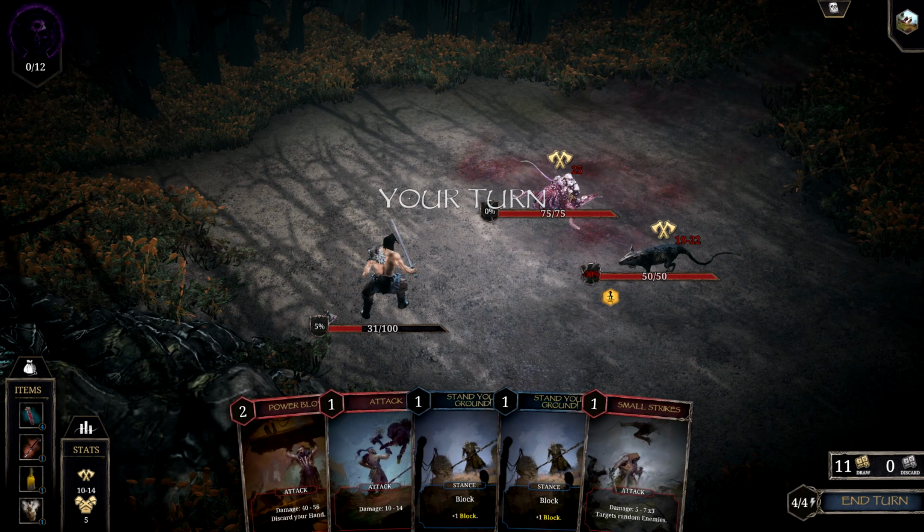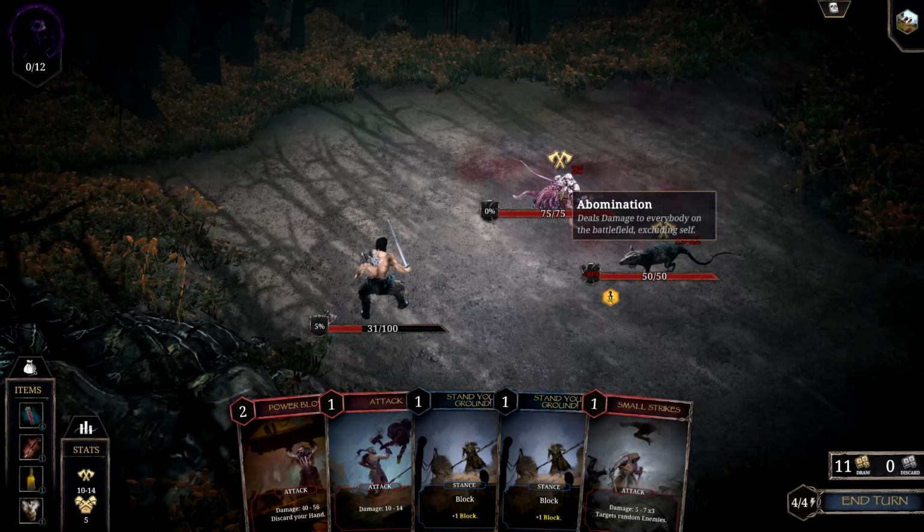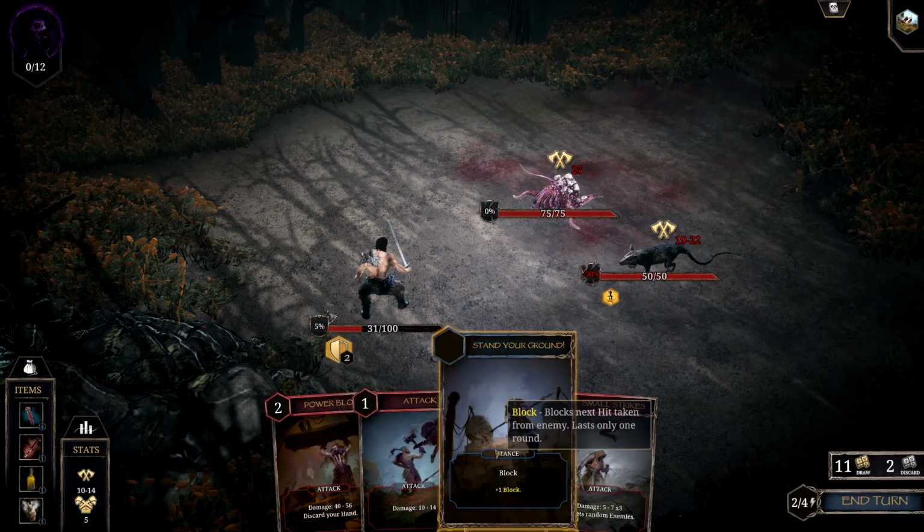Bite that, fight that. Okay, so we have Abomination. I like Abominations. You know why? Because these bastards deal a lot of damage, but it deals damage to everybody on the battlefield, excluding self. Which means it's gonna attack the rat or anybody else that would be on their side. So that's pretty good. I will double block this,